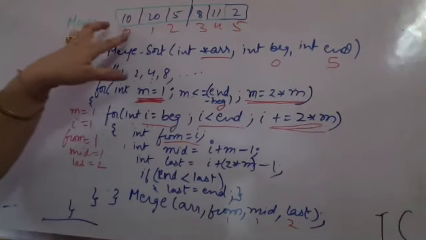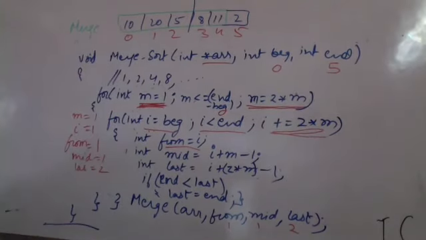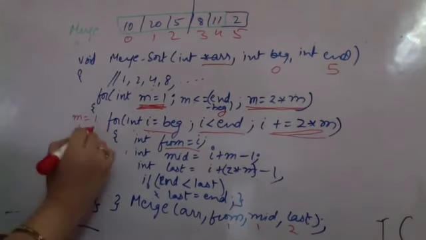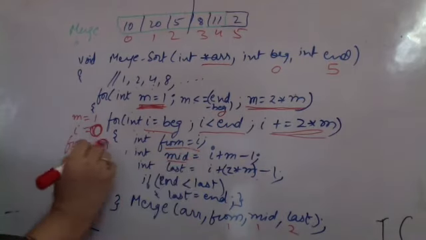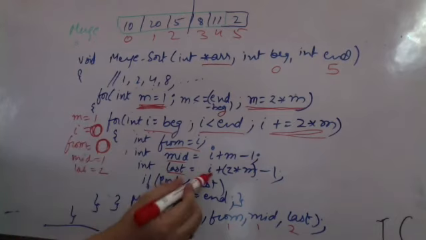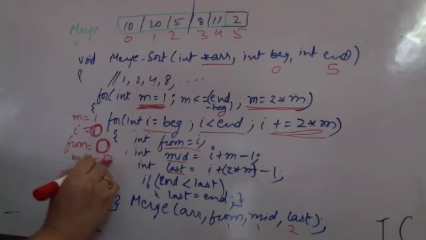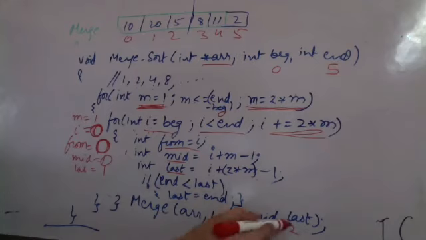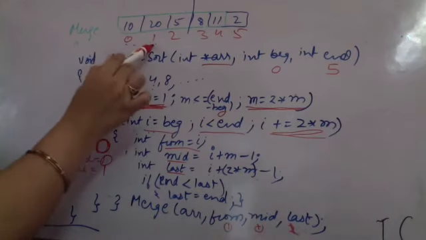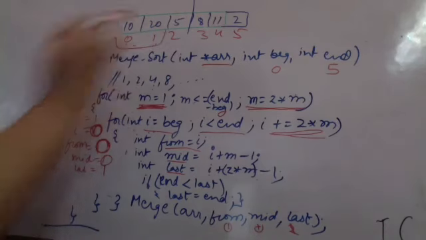When you call merge, the element at the 0th location and the element at the 1st location will be merged. I is beginning, sorry, I is 0. My mistake. I is 0. Middle is also 0. And last becomes 0 plus 2 minus 1, so last becomes 1. So you are calling this for 0 to 1. So you are going to merge these two in the sorted order. So in sorted order, they are merged.